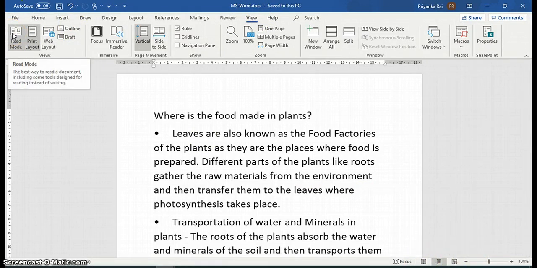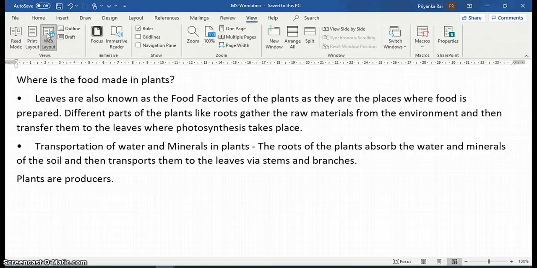Like this is the reading mode, this is the print layout mode. Print layout mode shows the different margins, header and footer. This is the print layout mode, and it shows the header and footer when you print the document. Then this is the web layout mode, and it displays the web page preview of your document.